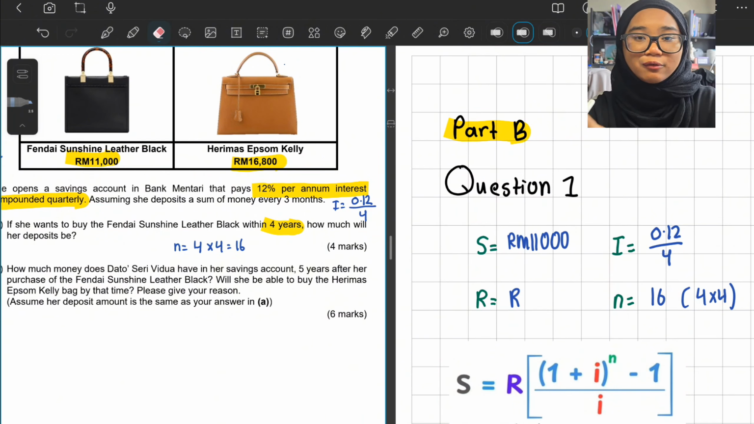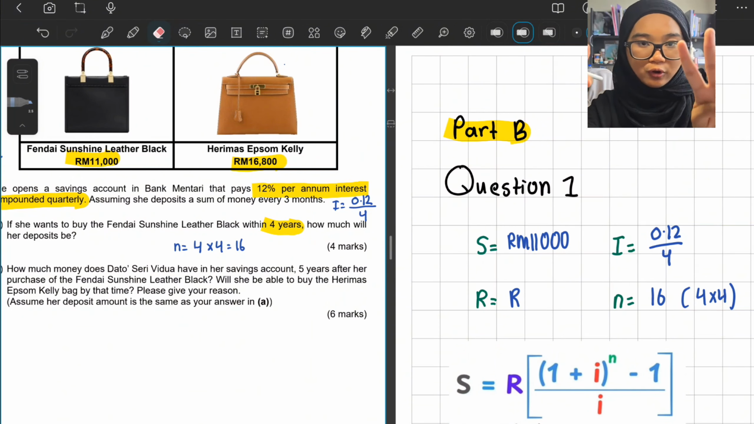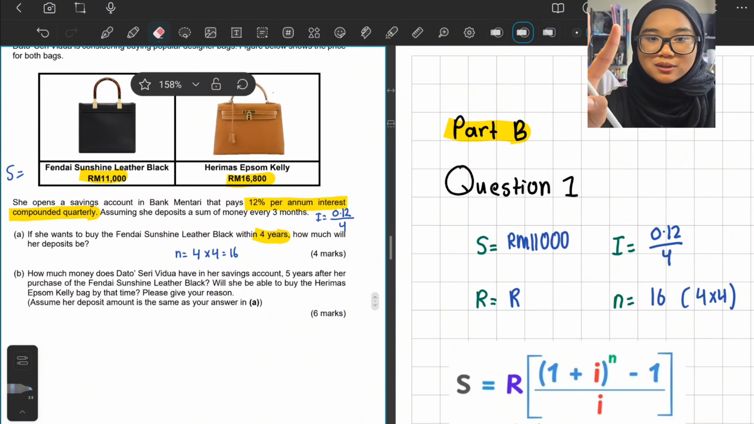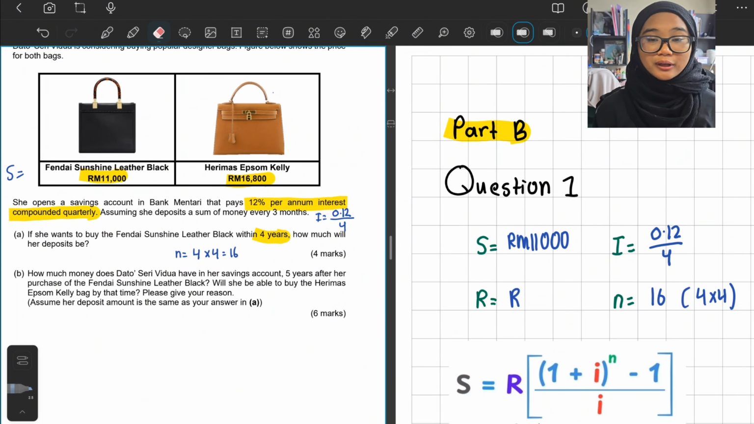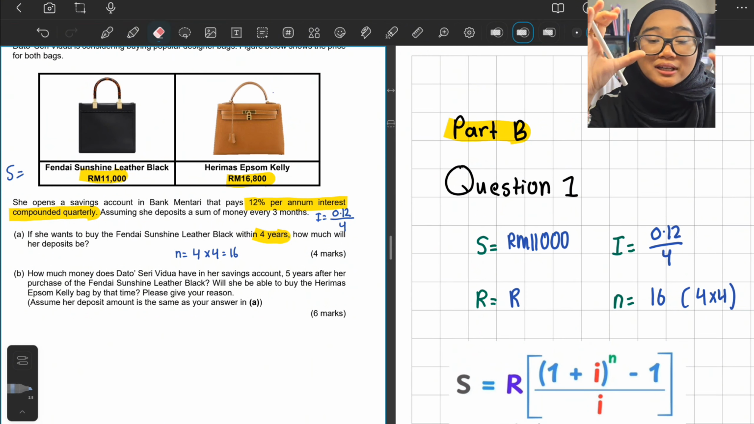So every 3 months, if you want to complete the whole year, it equals 4: 3, 6, 9, and 12 months. So for the N, we need 4 years times 4 times, so it's equal to 16. So we can already get the 3 variables, but all the information that is given here, we can